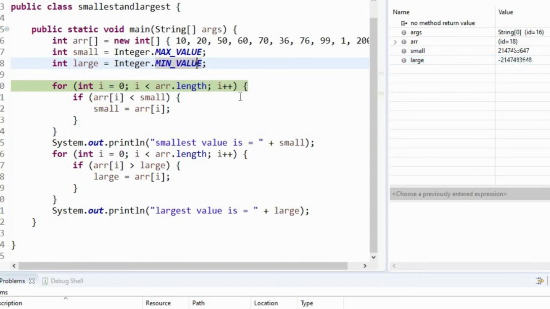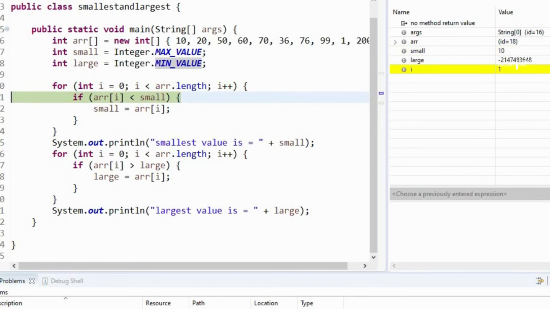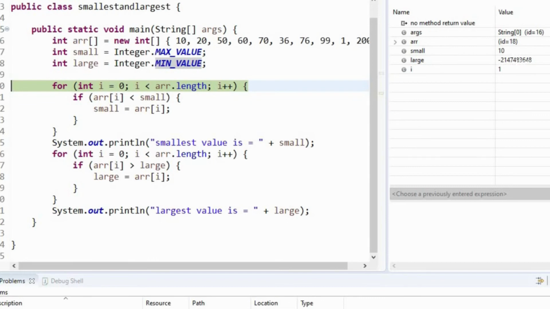Okay, now let's iterate through the loop. Initially we get the 0 index, which is 10. We'll check if 10 is less than small. 10 is definitely less than this number, so 10 will get assigned to the small variable. Once that is executed, the small variable is now 10. Likewise we get the next value, 20. We check if 20 is less than small. It is not, so the if block will not get executed.